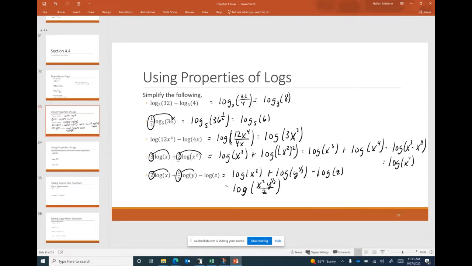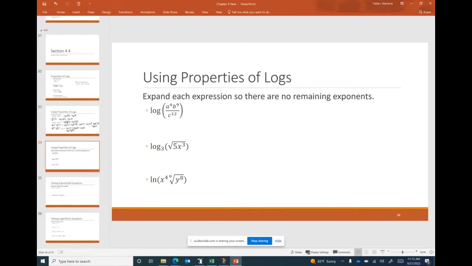All right, very useful properties. Let's look at using them in reverse. Say we have a rather complex argument to a logarithm and we want to simplify it. So we could expand a single logarithm into multiple logarithms by using the sum to product property in reverse and go product to sum, or the difference to quotient property in reverse and do quotient to difference. All right, so in this first one, I have a common log of a to the 4th times b to the 9th divided by c to the 12th, right? To expand that,